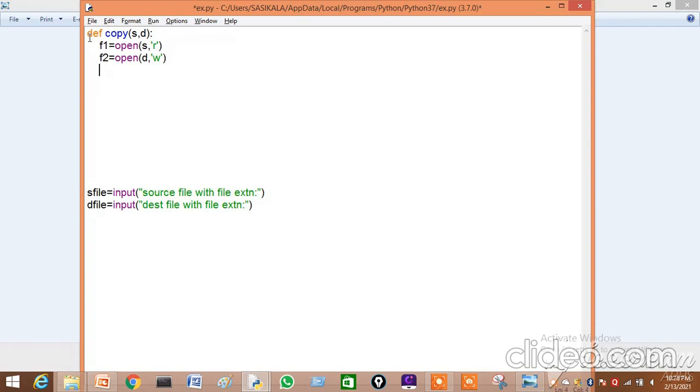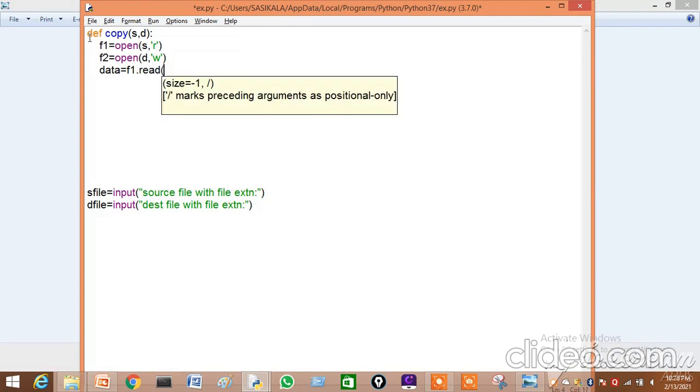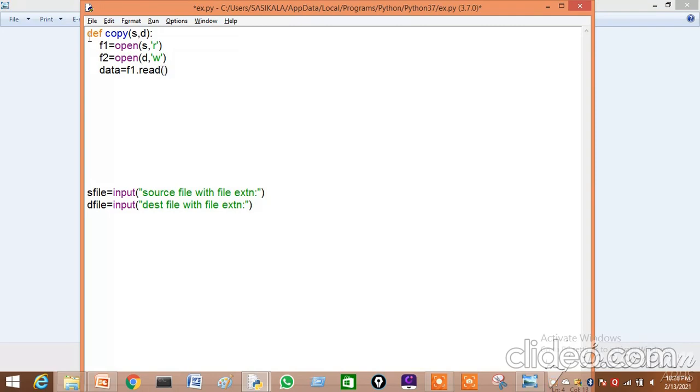Next we have to read from the source file. For that, data is equal to, I am just using data, you can use any word. Data is equal to F1 dot read. So now I have read that file. Then I should write it in F2. F2 dot write of data.